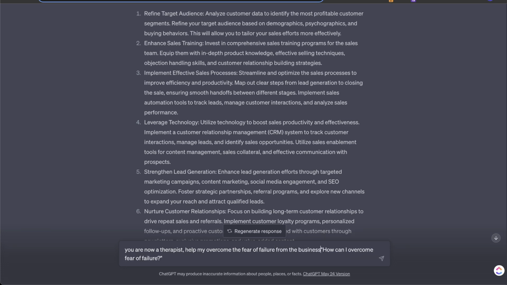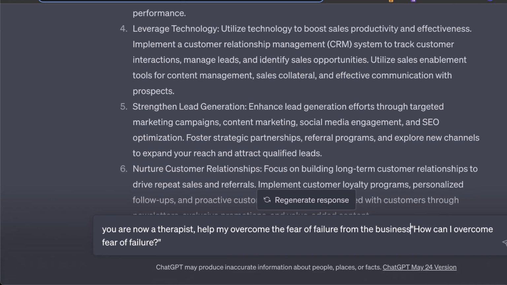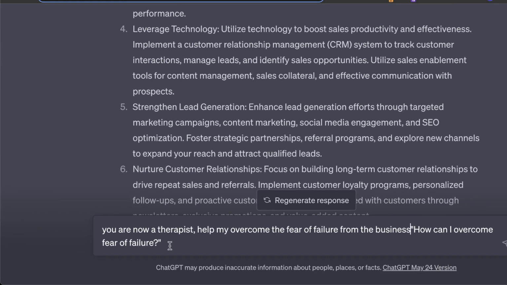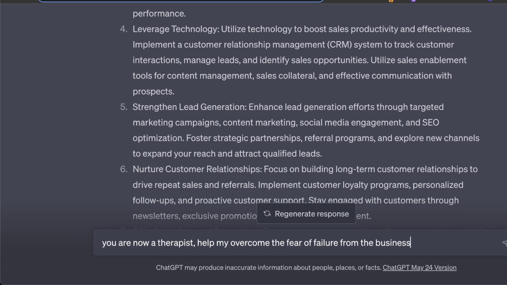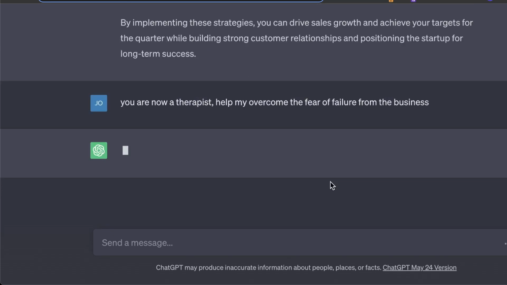So I took the prompt and didn't use it exactly, but it's the main concept. The prompts won't be exactly copy-paste, but you get the idea. Okay, you're now my therapist. Help me overcome the fear of failure from my business.